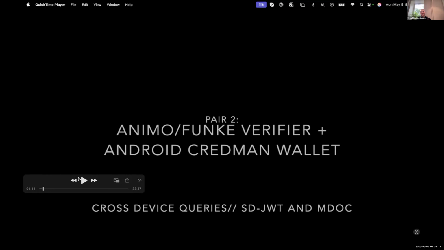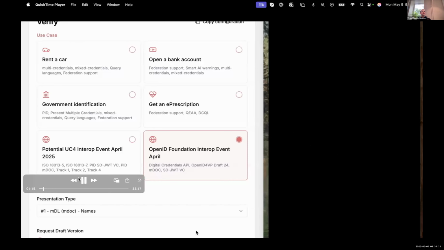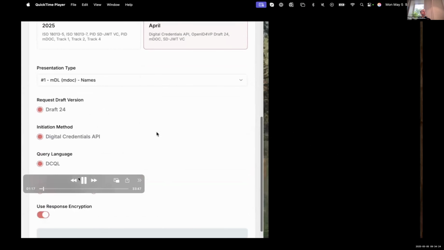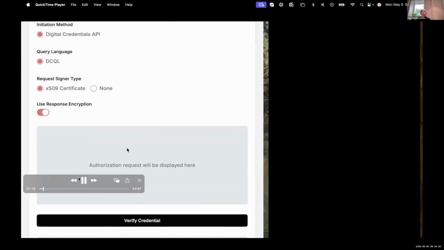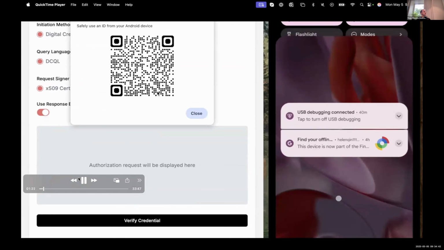Okay, good. So the next pair here is essentially the same set of queries, but cross-device. Yeah. I think the cool thing about cross-device is that this is implemented on Android, so as a verifier, you don't have to support anything to support the cross-device flow because it's handled between the Chrome browser and the Android device. Generally, for the verifier, it works the same. It's just that if you're on a laptop, you can also present from your phone, where most of your credentials will be.